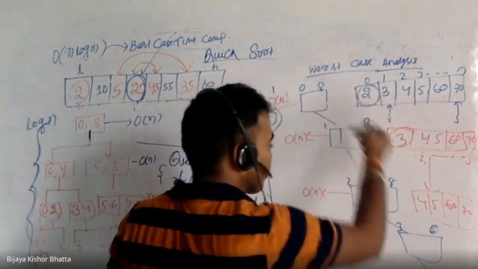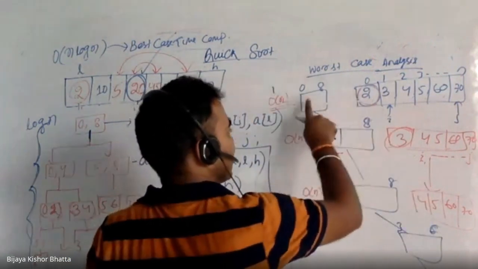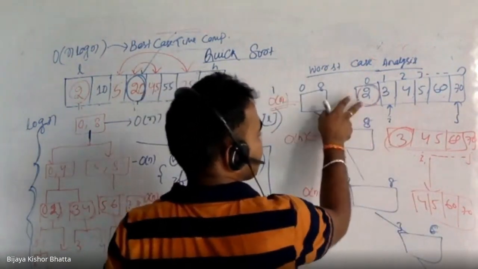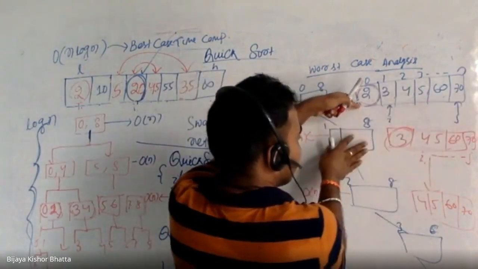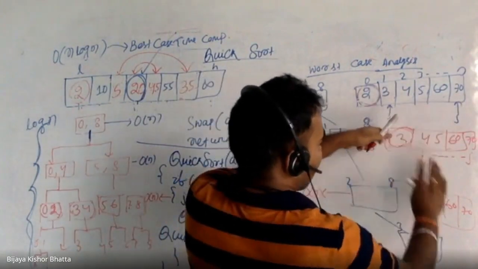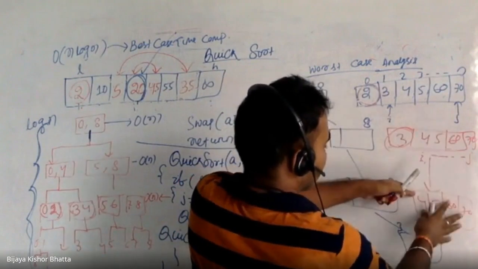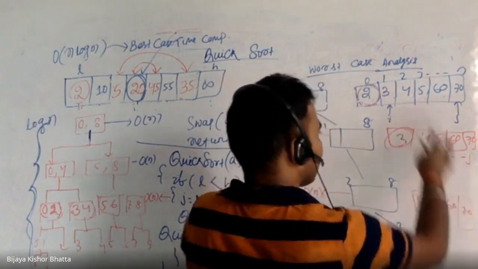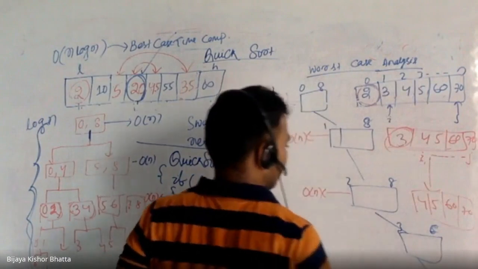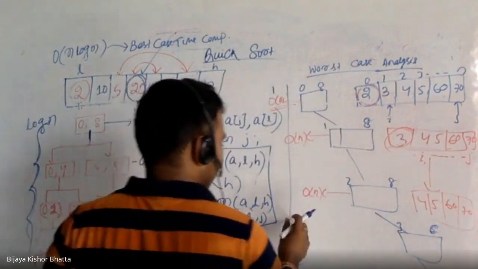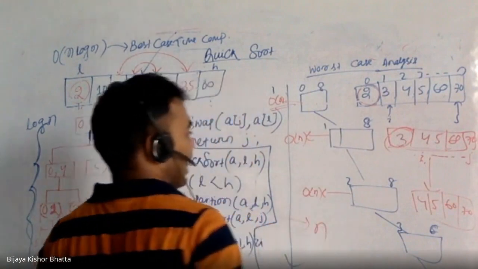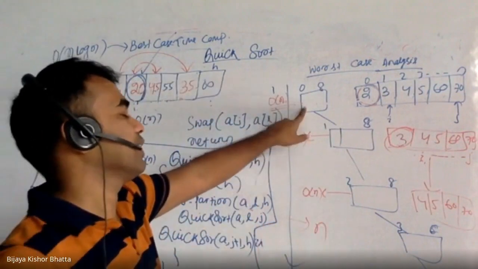Or n number of steps, because at one step you are only considering one element, right? There is no division. There is only one element, and the rest of the elements go to the next phase, then one element, and the rest go to the right-hand side again. So that means how many steps will I be computing? The total height of the tree will be n, right? N.